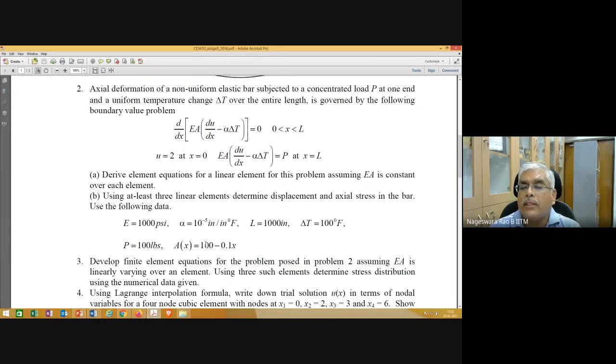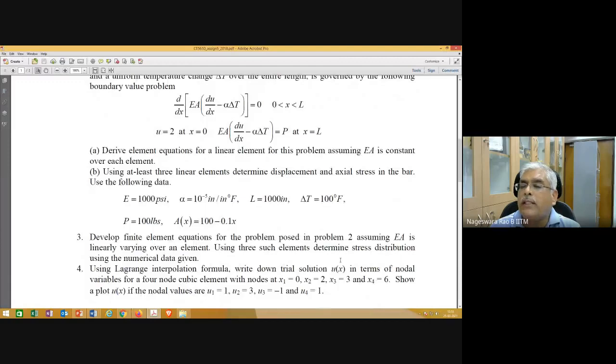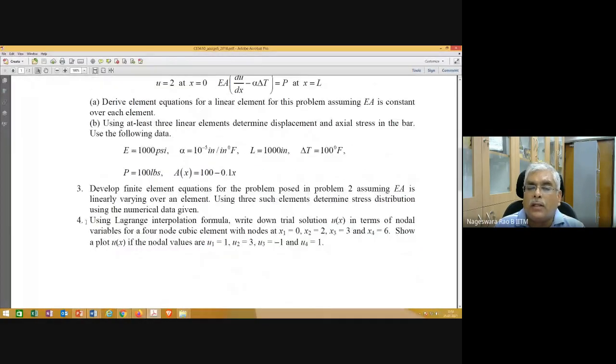Okay. And the third problem is you take it as it is given here, and then solve it. So the only thing is your integral which contains this EA, now you need to do integration. Okay, so you just go through it and we'll see.